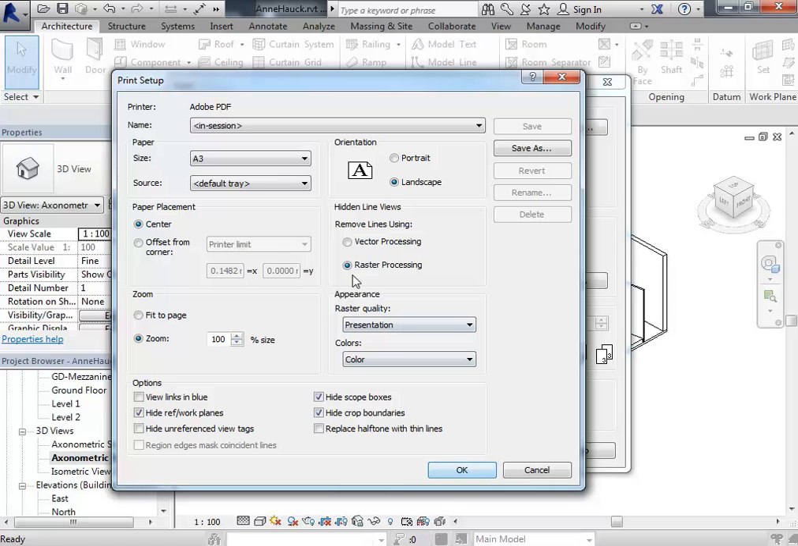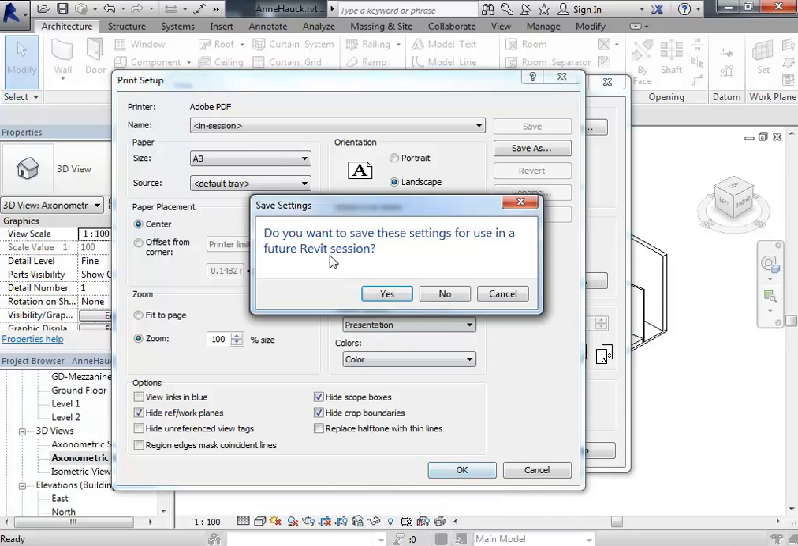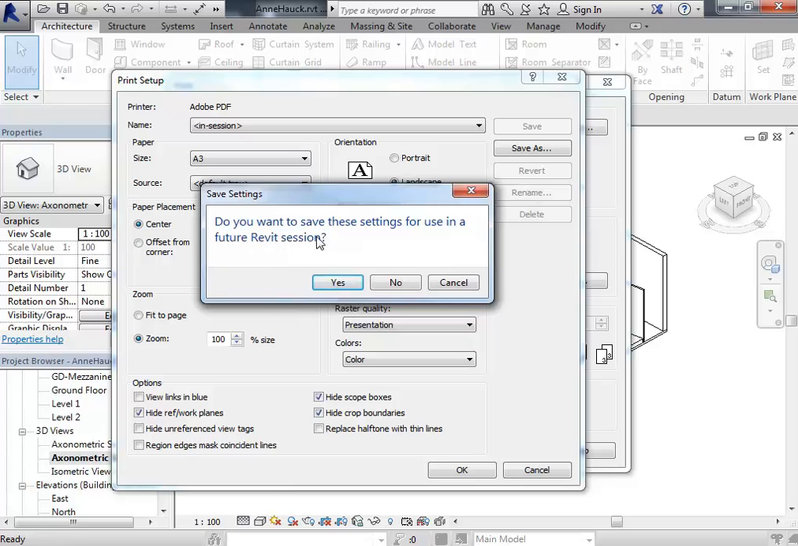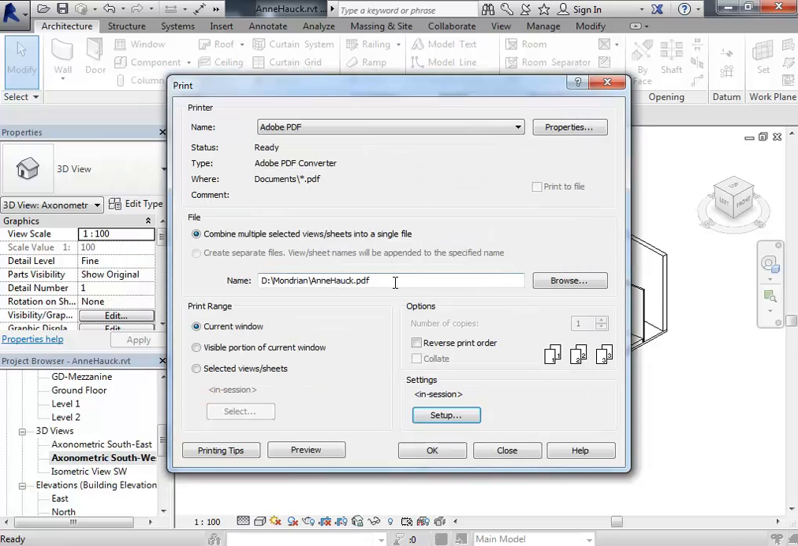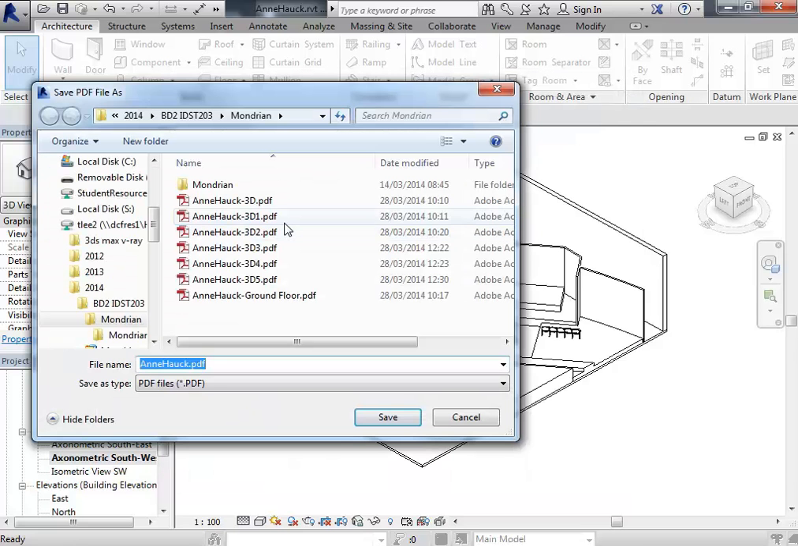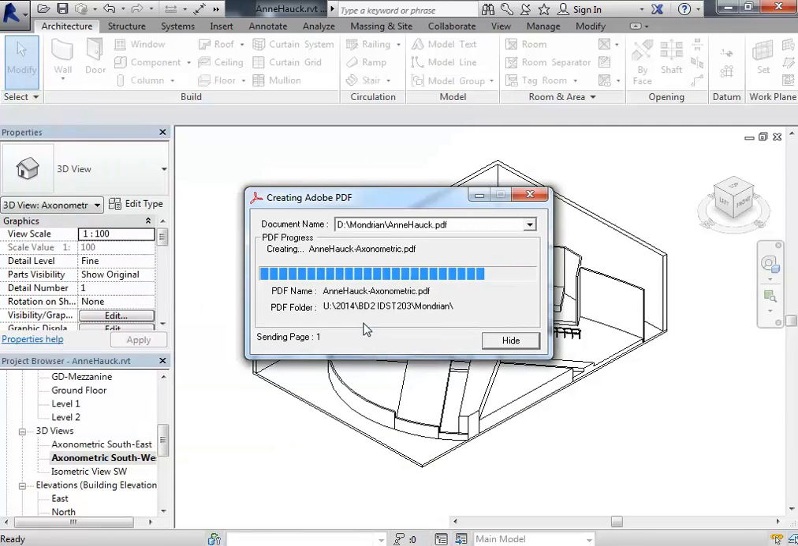Like I said, I'll go for vector, and then when you're asked to save changes or to save the settings that you've put into printing, don't worry about it. Just say no if you don't care about saving them. I don't. So I'm saying no, I don't really need to save those settings. And so I'm going to click OK now. And it'll ask me for a file name. Okay, so Anhauck axonometric is my file name,